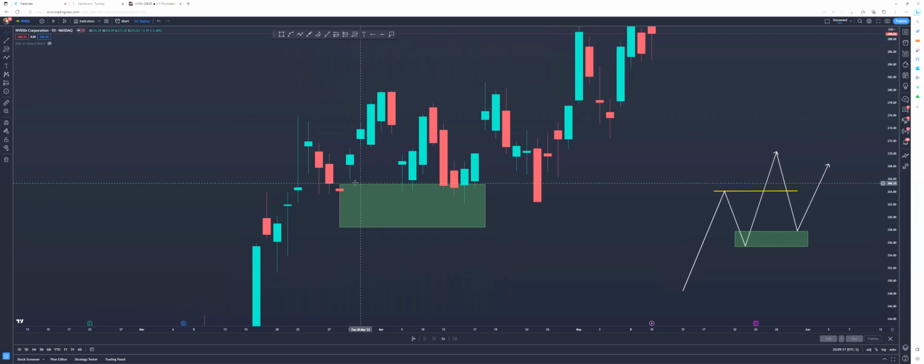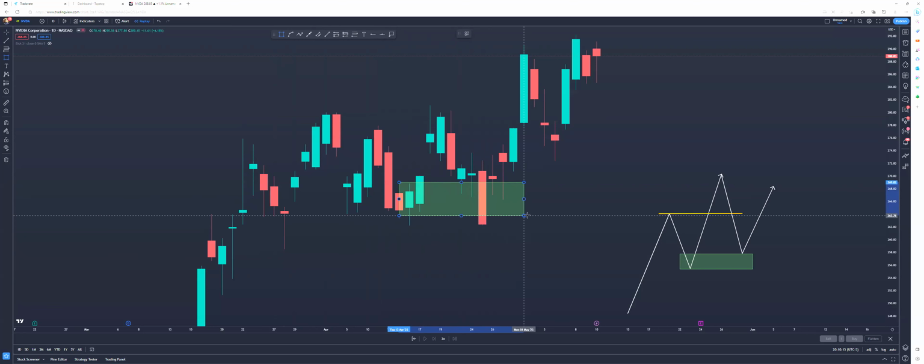If you would have just made the last bearish candle your order block, look what would have happened. You would have thought the order block had broken, because you only focus on the last bearish candle. This is why I say you want the last bearish candle and the lowest point, because there are going to be times where there is a bullish candle before the break. So that's why you want to count that lowest point.